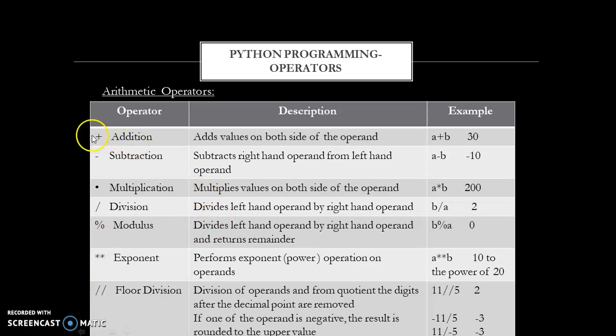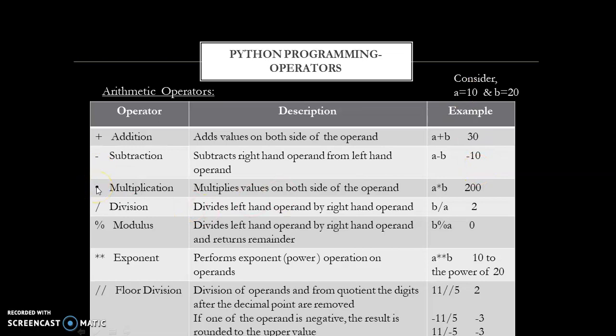The first one is the plus symbol, which is used to perform addition of two numbers. To explain this, let me take an example where A value is 10 and B value is 20. Whenever you put a plus symbol between these two operands, it will perform the addition and you will get an output of 30 according to our example. Similarly, the minus symbol is used to perform subtraction. So, if you put a minus symbol between A and B, then you get a value of 10 according to our example.